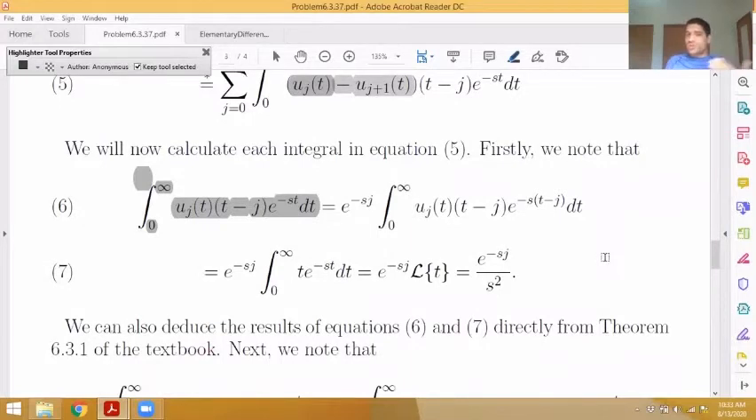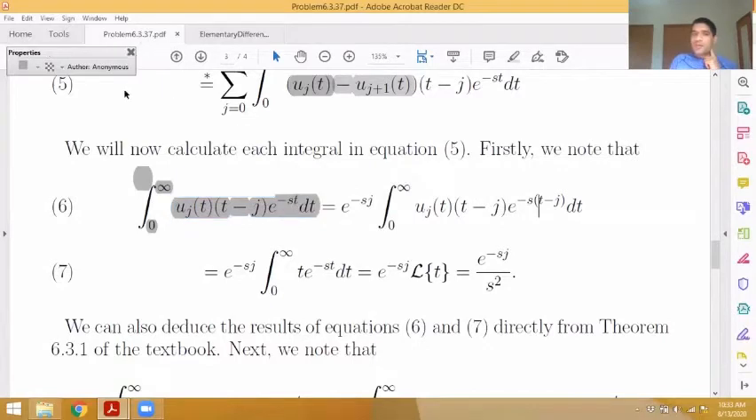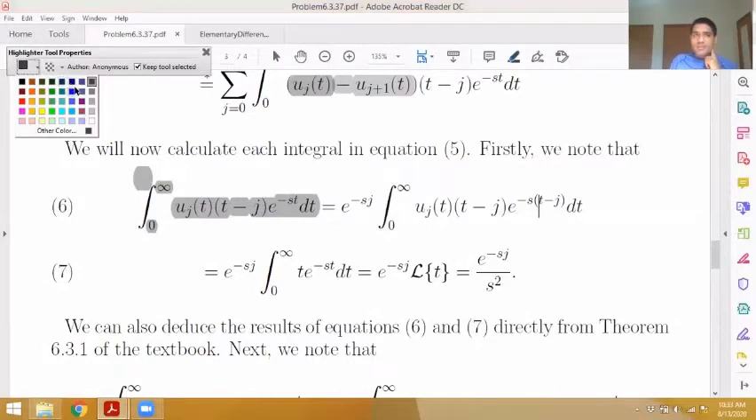So to just do this directly, without the theorem, I want to do a change of variables. I want to replace the t with t minus j. So since I want that to be the case, I need this t up here, this t up in the e to the minus st in the integral, I want to turn that into a t minus j. So when I go ahead and make a t minus j up there,